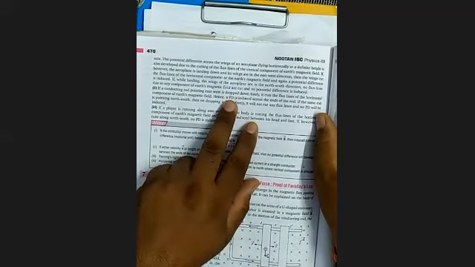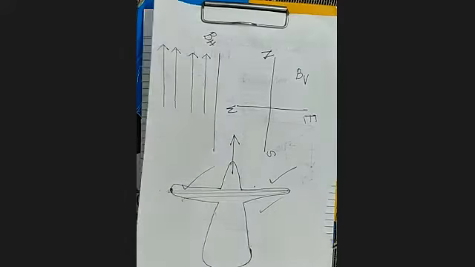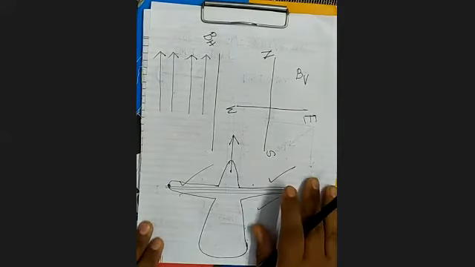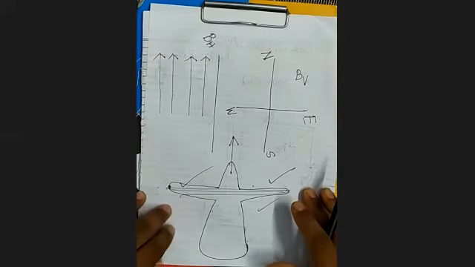If a conducting rod pointing in the east-west direction is dropped, then what will happen? It is cutting BH and EMF will be induced. But if it is dropped in the north-south direction, what will happen? It will neither cut BH nor cut BV, and in that case, no EMF will be induced. So all of you remember that EMF is induced only when a conductor cuts the flux lines.